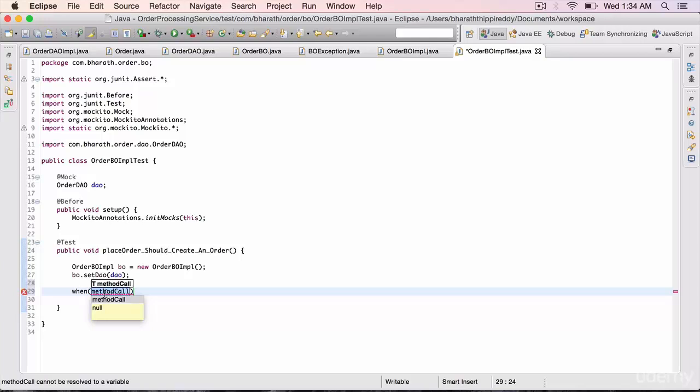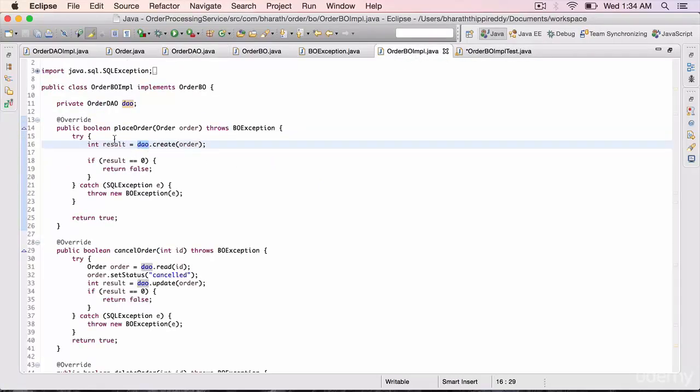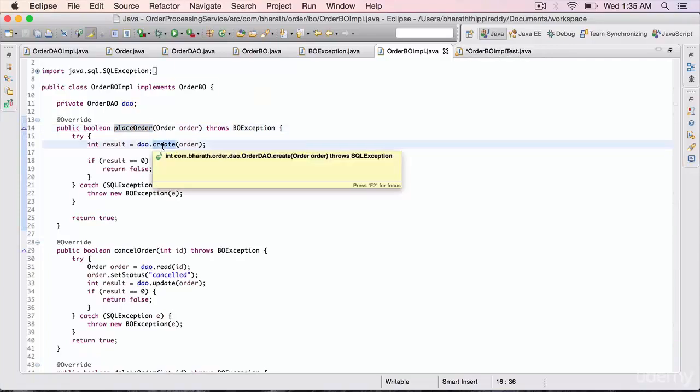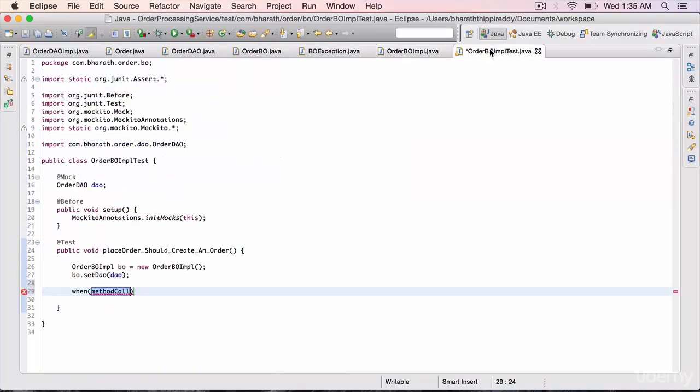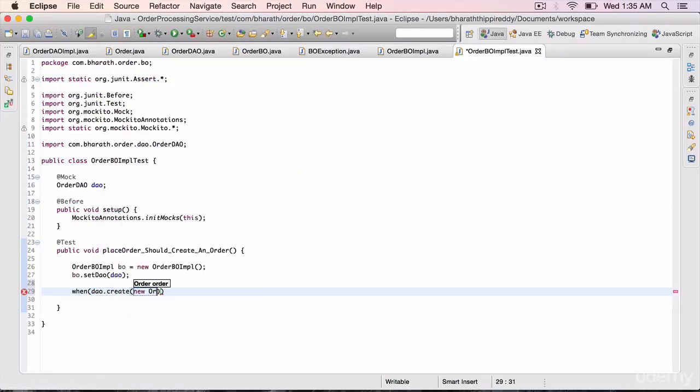So we want to mock out on the orderDAO the create method, because that is the method which is internally called by the placeOrder method. So we want this create method to do what we ask it to do. So in here we'll say dao.create(new Order). We'll create a new order object.